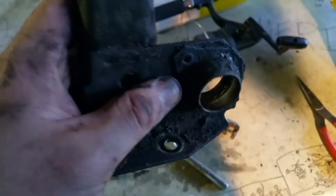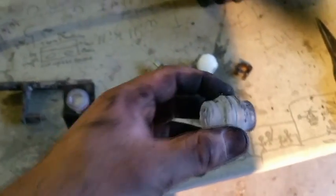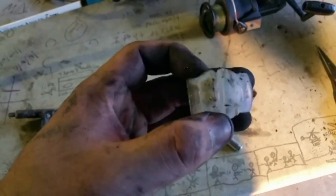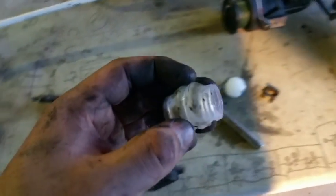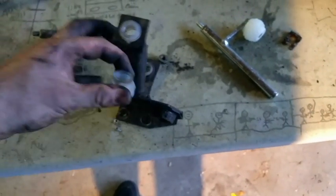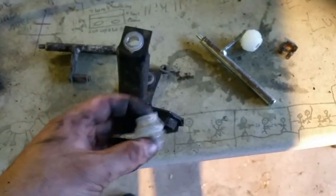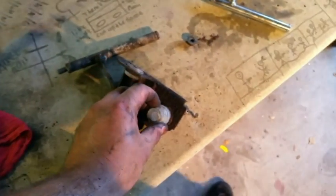Now I did notice in this kit that I got, and this was not even there as well, that I only got one of these. Alright, now luckily for me, in my shift box, which you'll see after I get that out, which is next, this takes the same thing, but the kit only gave me one. So either buy a kit that comes with two, buy an extra one, whatever you gotta do. So that goes in here, and